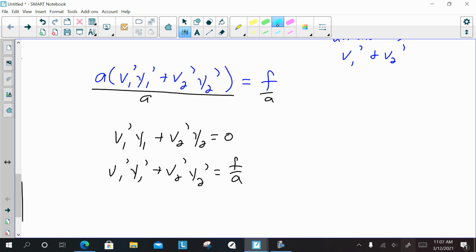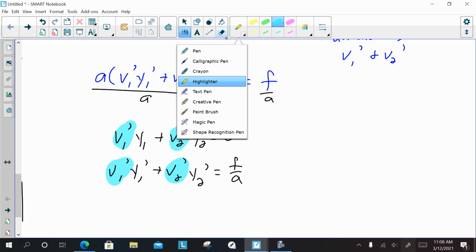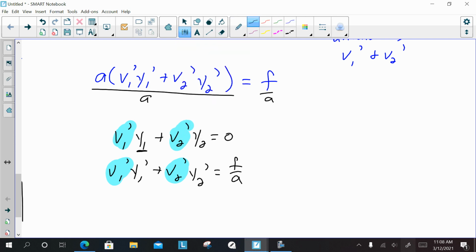If we highlight our unknowns, these are our unknowns. These are what we're looking for. So this is just a system of equations. Our coefficients are something we know, this is something we know, this is something we know, this is something we know. So in terms of a system of equations like we normally do, 3x plus 5y